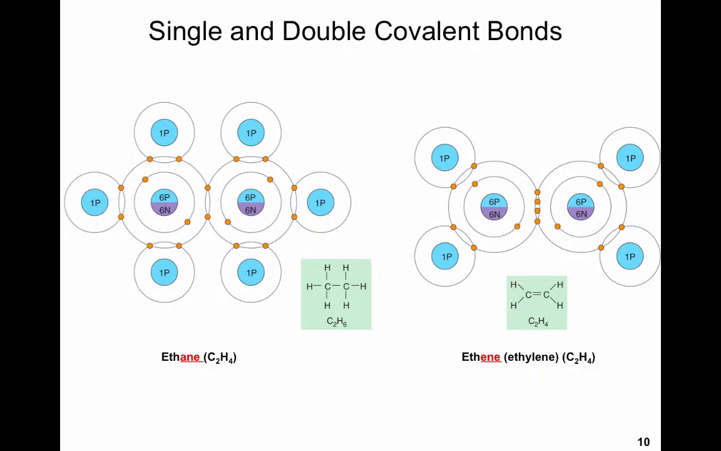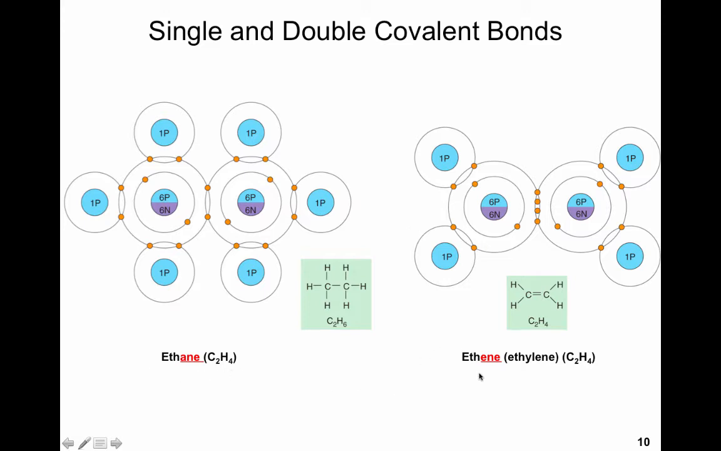All right, single and double covalent bonds. We talked last time about covalent bonds being the mutual attraction between two atoms and the electrons that they share. And we see two similar molecules here that have all single covalent bonds in the case of the ethane on the left,